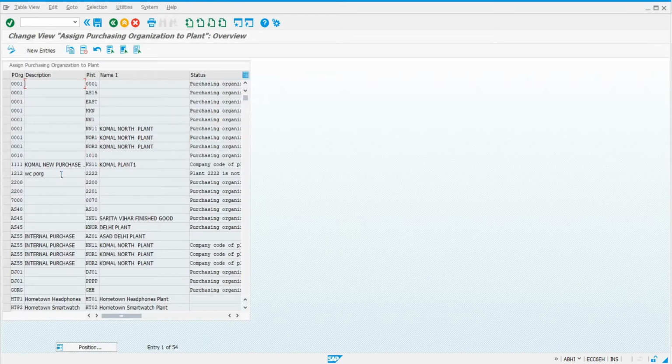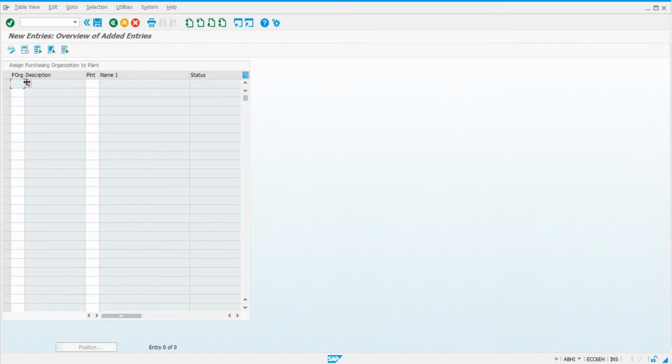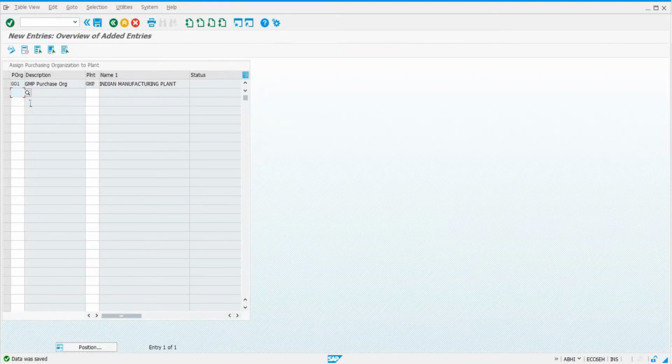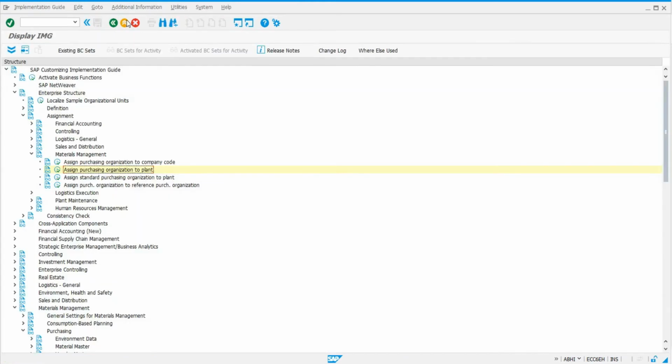Next step is to assign the purchasing organization to the plant. But in this case, all entries will not be available here, so you have to put a new entry, GO1, and then plant code GMP, enter and save. Okay. So in this way we have assigned our purchasing organization to our plant code. So this was all about creation of purchasing organization, creation of purchasing groups, and assignment of purchasing organization to the